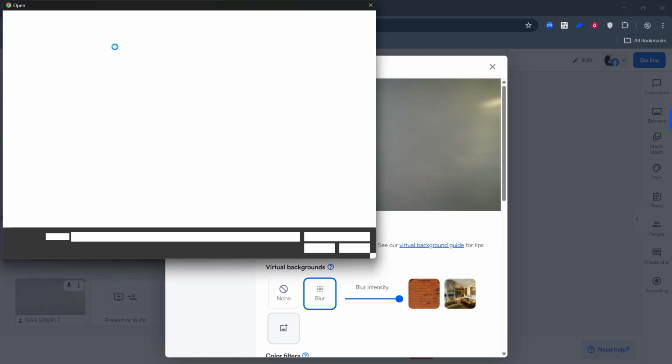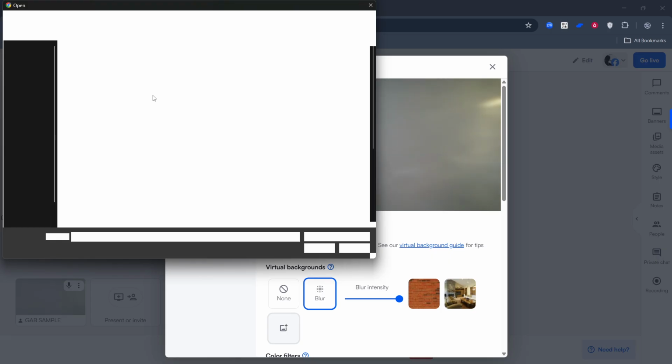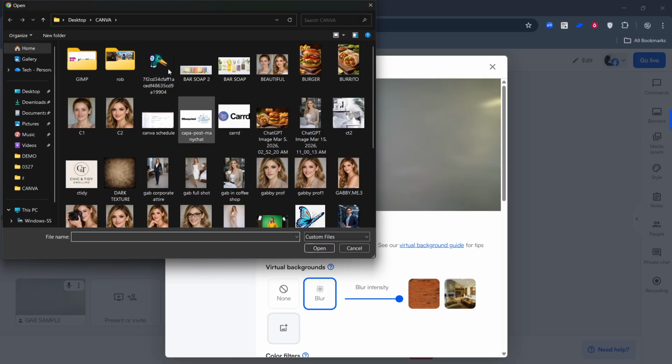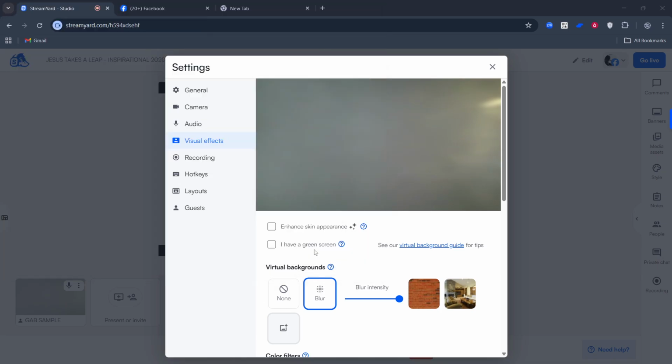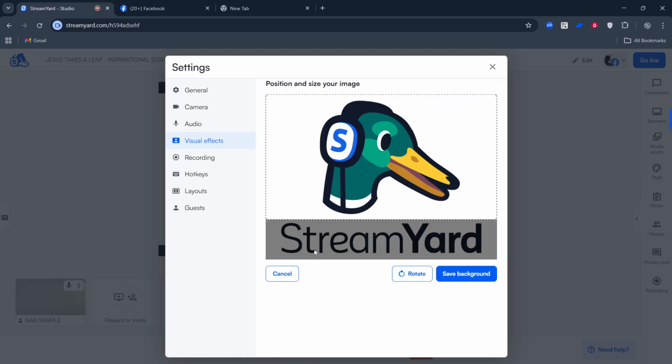When you see the image you want, just click it. The change applies instantly, replacing your background in real time. Take a moment to move slightly in your chair and check the edges around your hair and shoulders. If you notice any flicker, adjust your lighting or sit a little farther from the camera for a cleaner cutout. A steady camera and even lighting make a big difference.